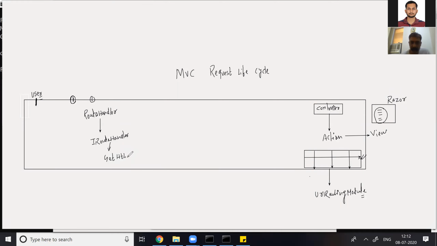We will see the function name, GetHttpHandler. The function of this interface returns an IHttpHandler. So we have one more interface, IHttpHandler.